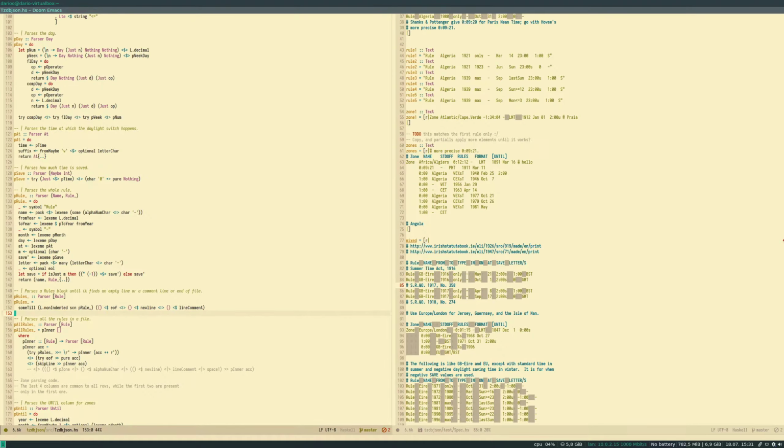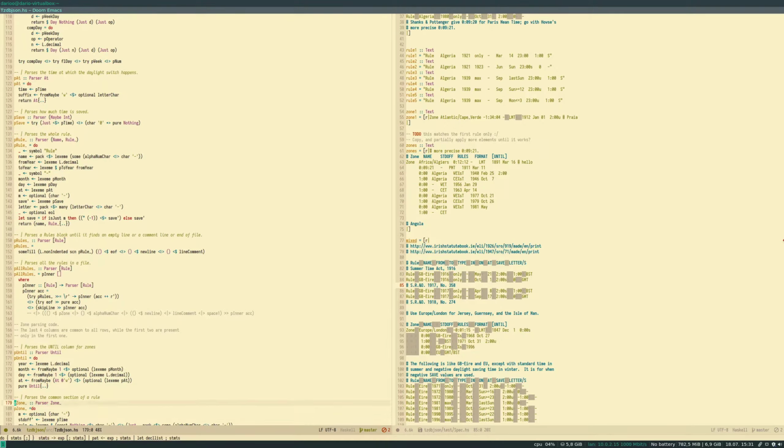Yeah, and then using this, I created a parser that just parses the whole file looking for rules. So this basically calls an inner recursive function which takes an accumulator, and this function tries to parse this rules block, and if it finds any rule, it calls the inner function, adding the rules it found to the accumulator.